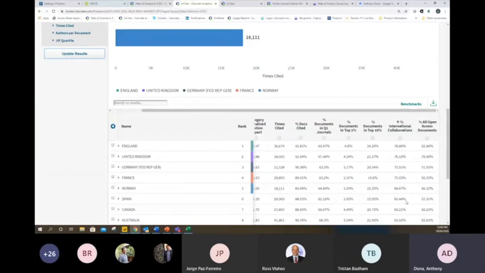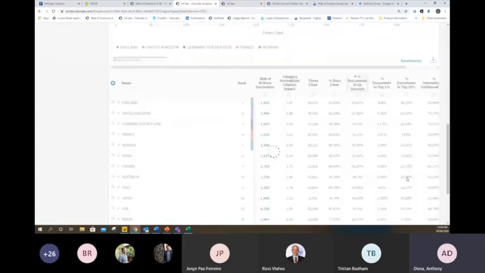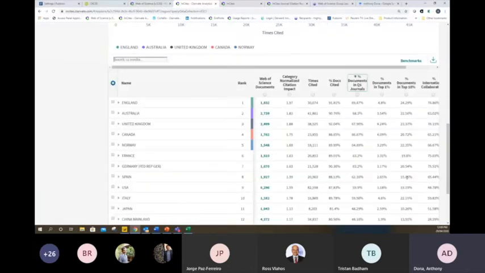England and the UK collaborate most often internationally in this area, and Australia is actually now 8th on the list. We can do the same with percentage of documents in Q1 journals and start to look at impact measures, which are much more fair to compare regions by than just total volume, as obviously the volume will likely be altered by the size of the nation or the size of the research population of that nation.